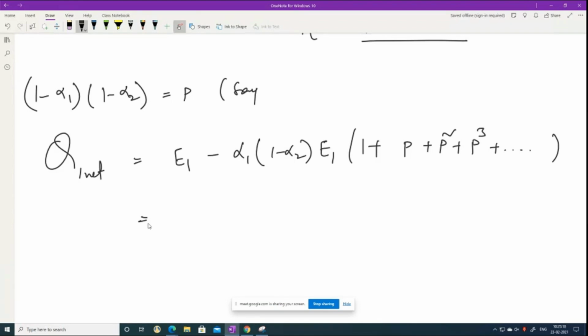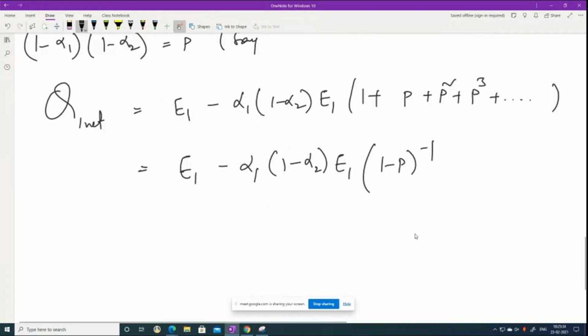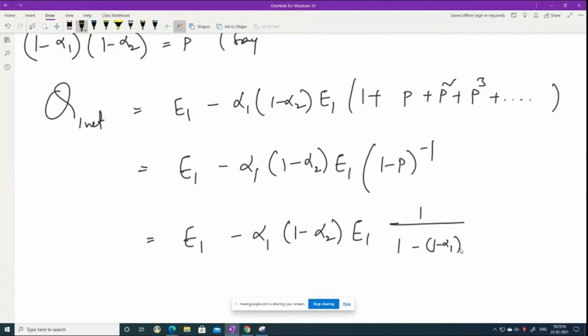So tell me what will be the term in the brackets here? What is this expansion? (1 minus P) whole to the power of minus 1. Correct. So that is equal to E1 minus alpha 1 into (1 minus alpha 2) into E1 into 1 by (1 minus P). So what is P? It is 1 minus (1 minus alpha 1) into (1 minus alpha 2). So